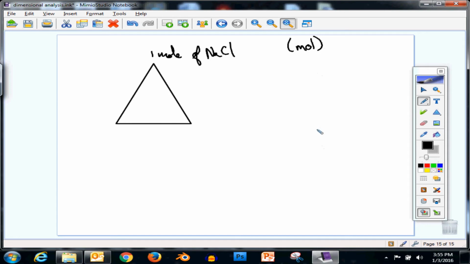So the abbreviation for mole is you chop the E off and it's MOL. You've got to use it like that because there's another M. There are actually 2 other M's that we're going to learn later on in some other units down the road, and it's going to get confusing. So moles is MOL. So 1 mole of sodium chloride equals